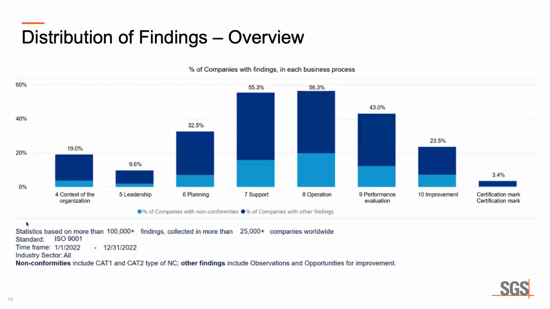So I want you to think about, even when you're doing your internal audits or when you are hosting external audits, do your auditors keep pinpointing the support systems that you have and operation? Are there issues in management review, in internal audits itself? Where are the problems coming from? And you'll see, generally speaking, they're quite aligned to section 7 and section 8 as well.